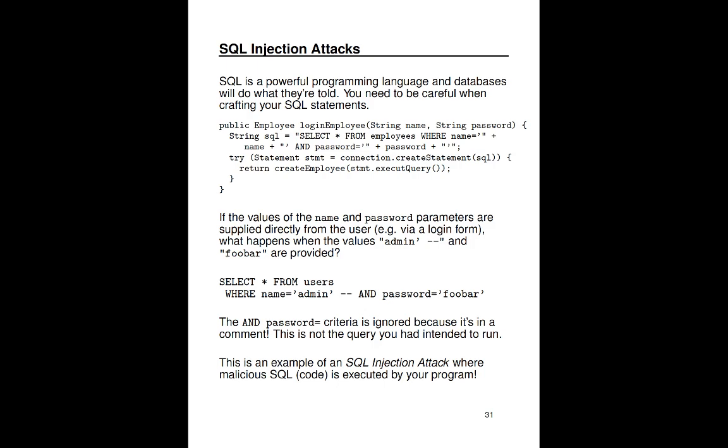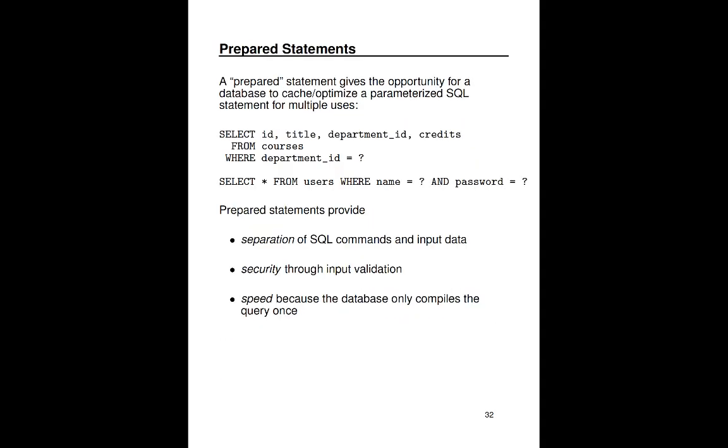This is a simple example of what's called an SQL injection attack, where your program receives data from the user which is maliciously crafted, or at least mischievously crafted, to have your program behave in ways in which it was not intended. So this is bad. What can we do to fix it? Relational databases and SQL support something called a prepared statement, which allows the database to do some extra checking